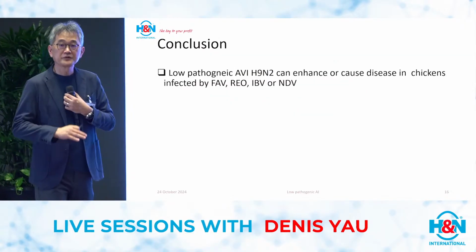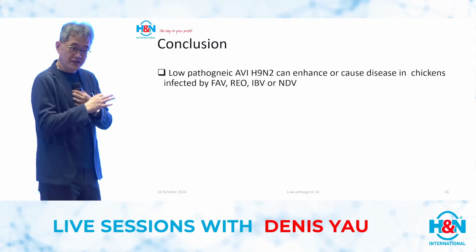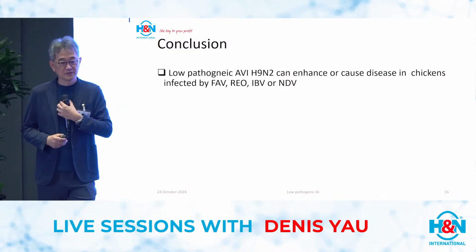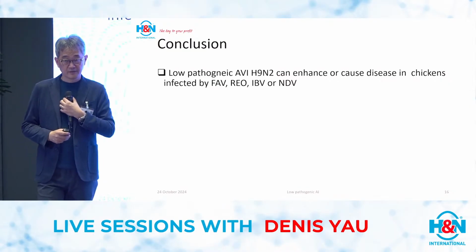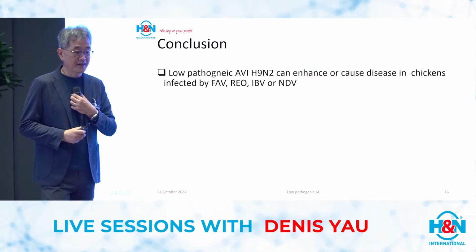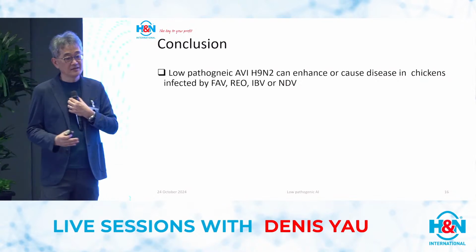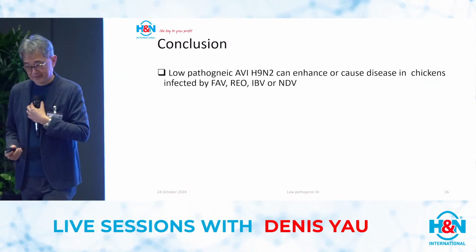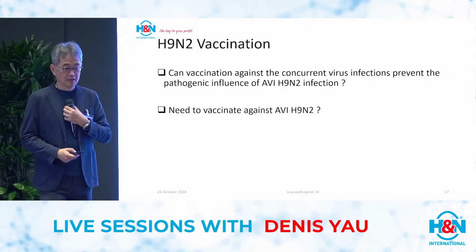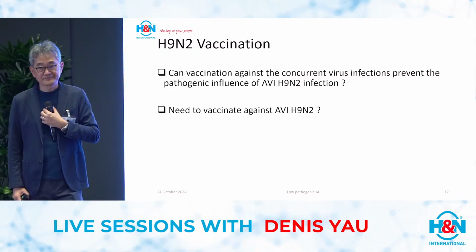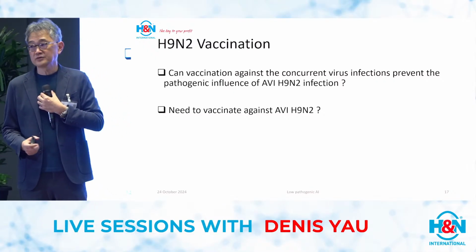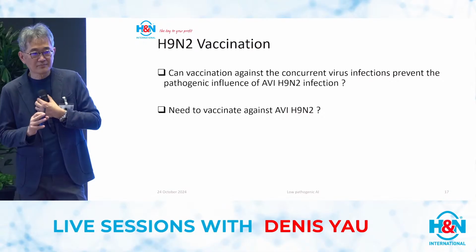So my conclusion for those slides that I just presented, low pathogenic AI can cause disease or enhance the disease of chickens by FAV, Rio, IBV, or traditional antivirus. Then the question is, do we need to vaccinate H9N2? I don't know. I know that some of you are from